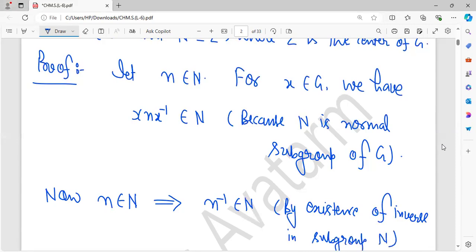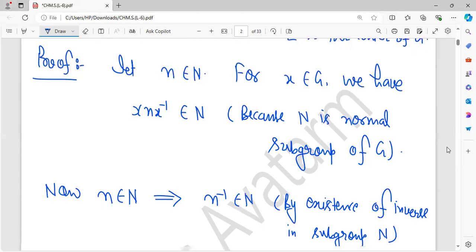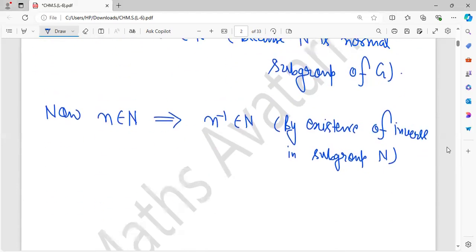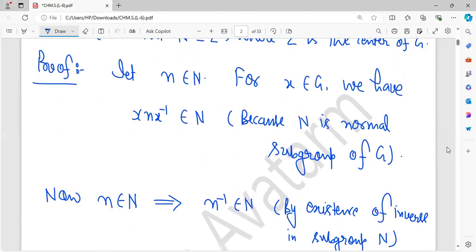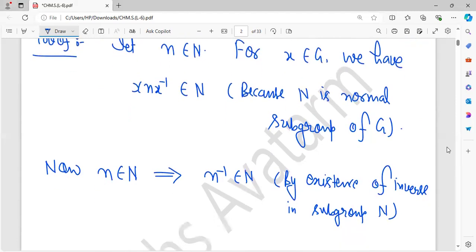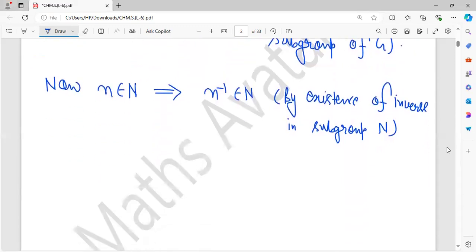Because N is a normal subgroup, it is a subgroup also, and a subgroup is also a group, so by the existence of inverse in a group we have this. As x n x inverse and n inverse belong to N,